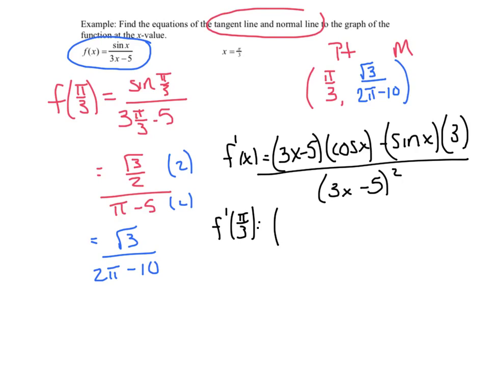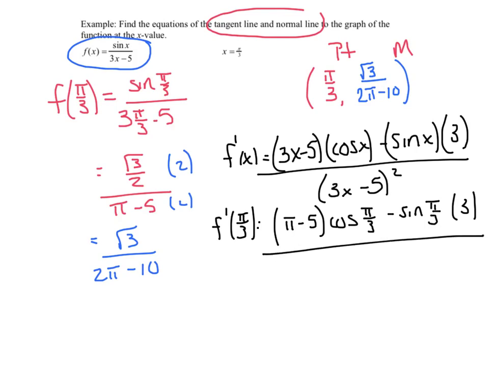So 3 times pi over 3 is pi minus 5, and that's the cosine of pi over 3, minus the sine of pi over 3 times 3, all over 3 times pi over 3 is just pi minus 5 squared. So this really is not pretty. The cosine of 60 is 1/2. So I've got pi minus 5 over 2 minus the sine of 60 is radical 3 over 2 times 3, all over